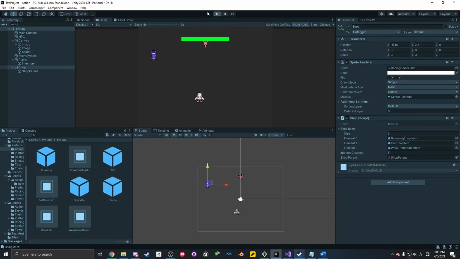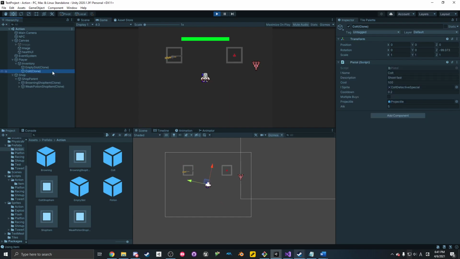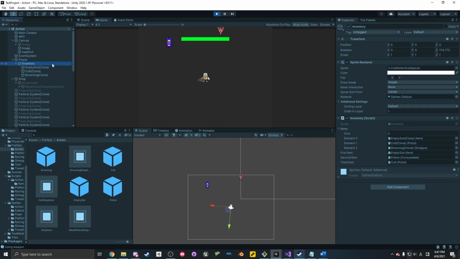Hopefully that fixes things. Never switched it. Just the rotation is weird now because the inventory itself